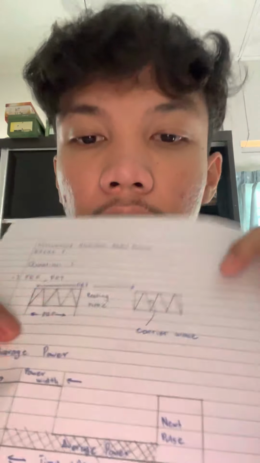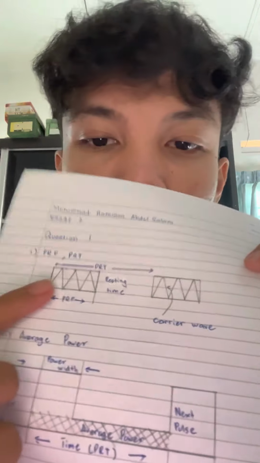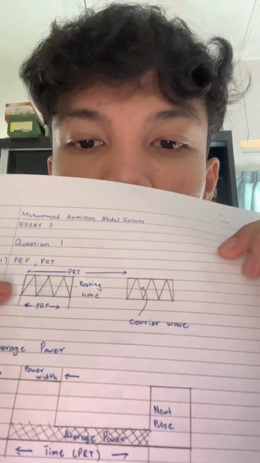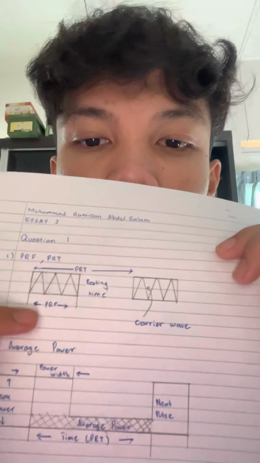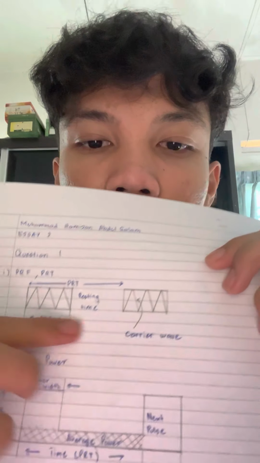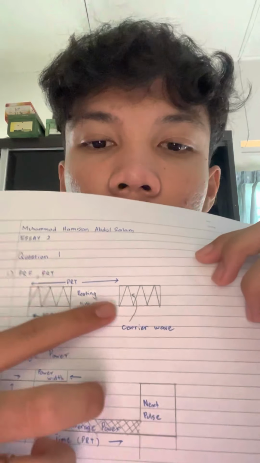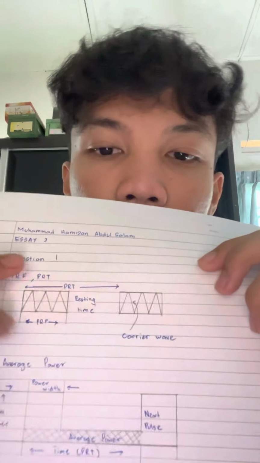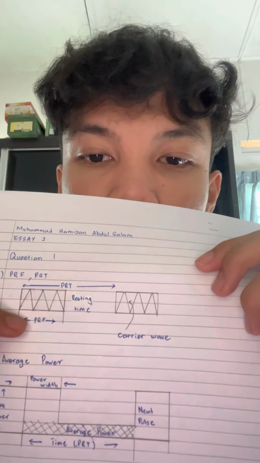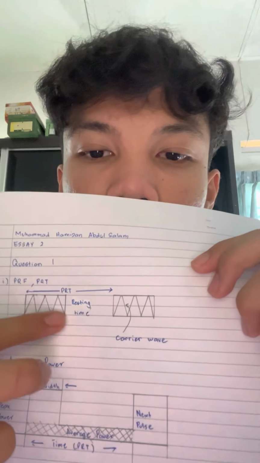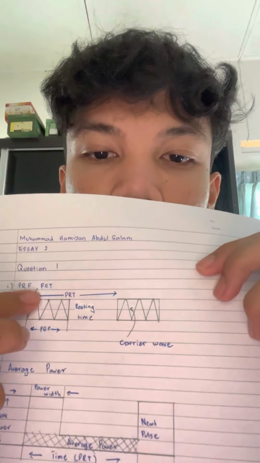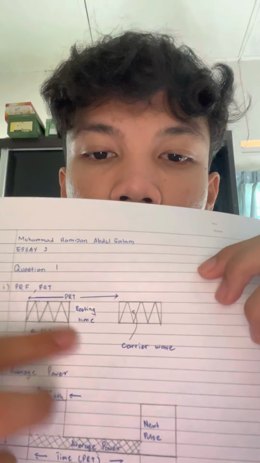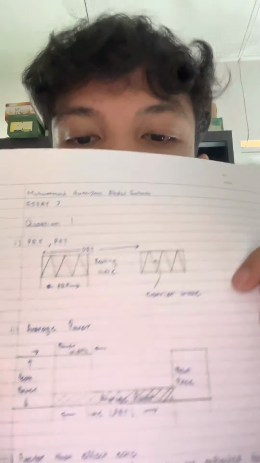So this is the diagram of PRF and PRT. So this is the wave of PRF. So this is the resting time, and this is the continuing of the wave, which carries the wave. So PRF is within the wave, but PRT is through the wave and resting time. So average power is